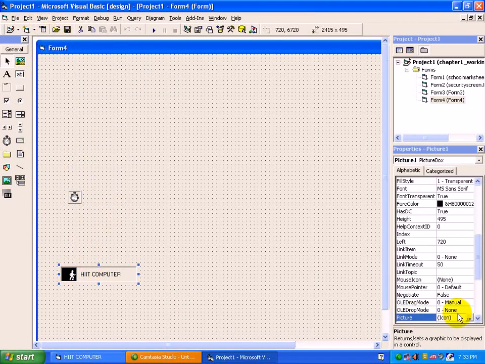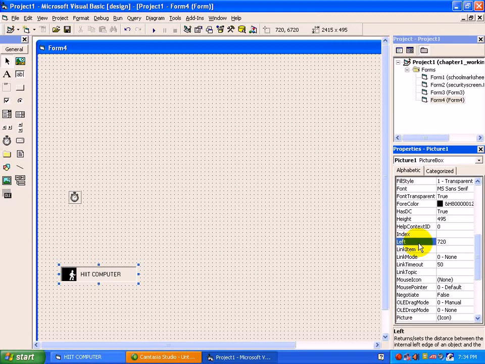By default the position of picture1, if you notice here, is 720. So inside code it will start with 720 equals 720 plus 100, means after 1 second the value will be 820, and in this way it will add the pixel position with the help of timer as per the specified time.